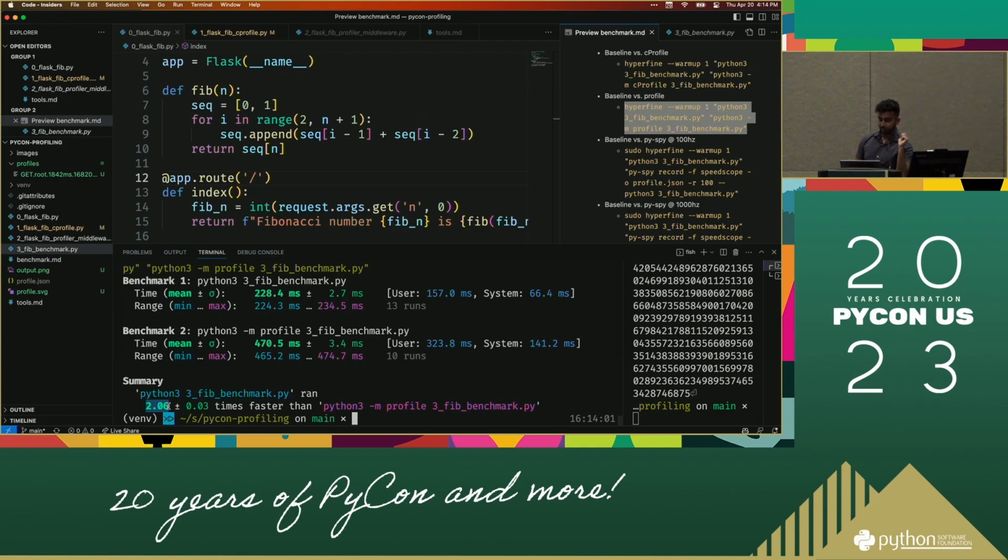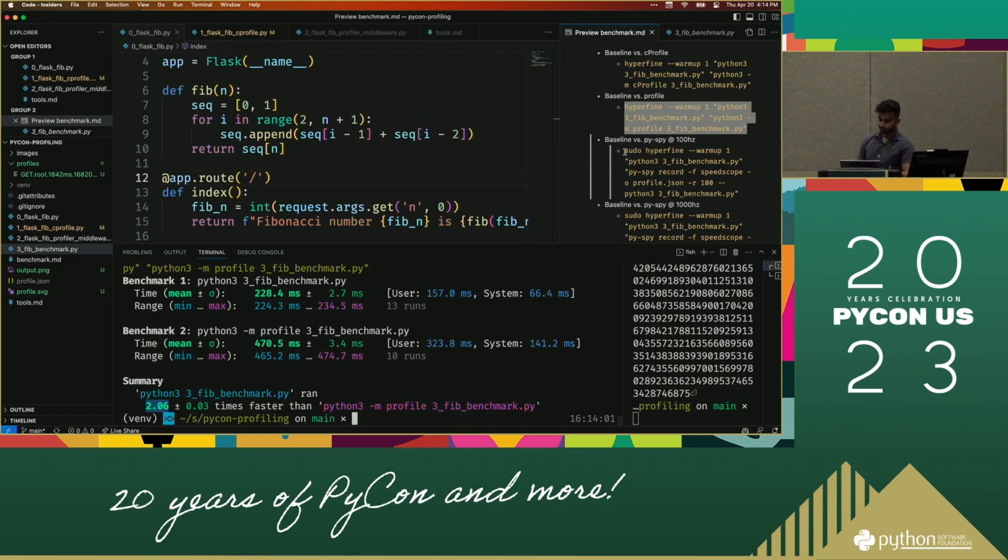So this is an example of the kind of performance overhead you can see from certain deterministic profiling tools that are not intended for a production use case. This is still probably perfectly fine to use for local debugging, but you would never want to launch something that has 100% plus overhead in production. And then we can also now try